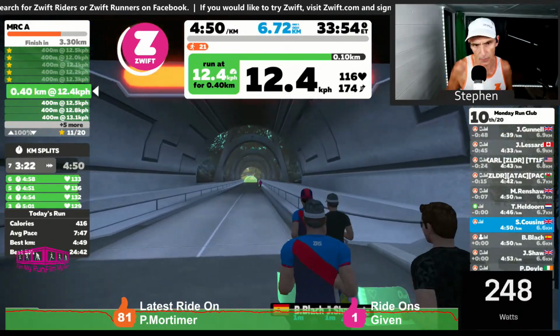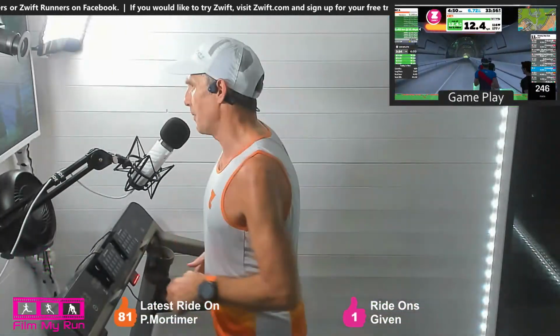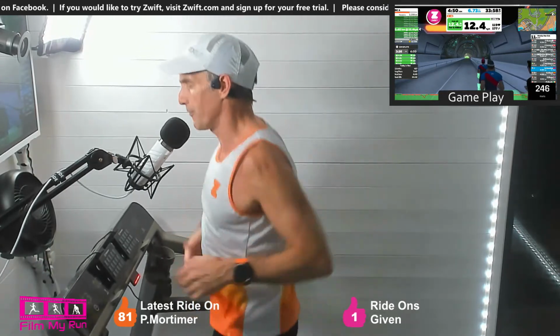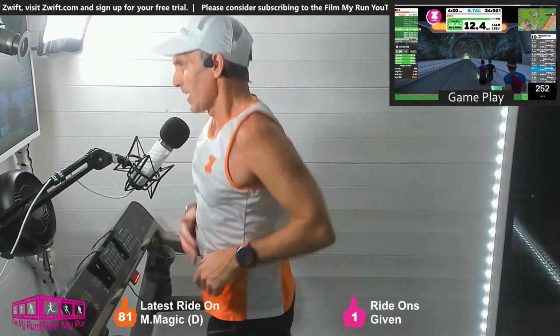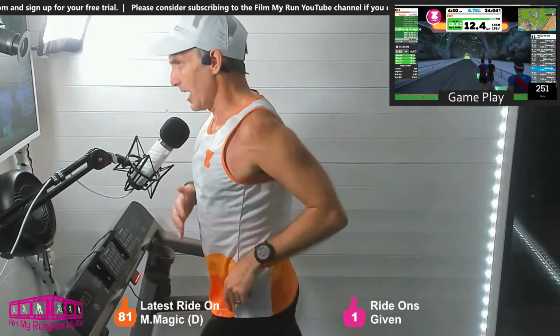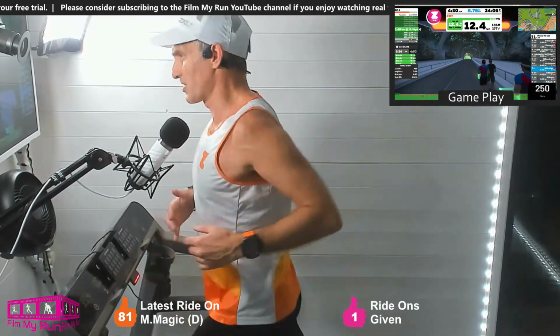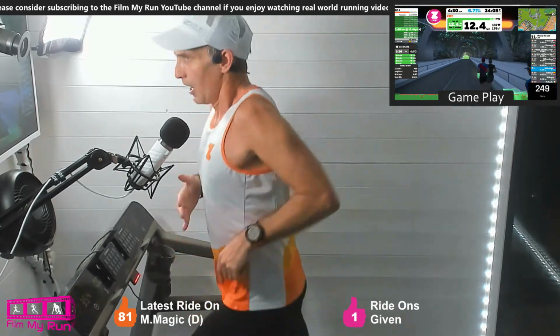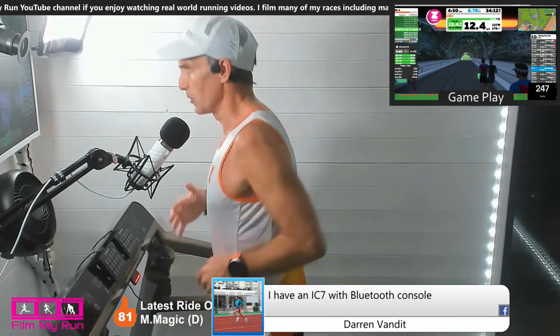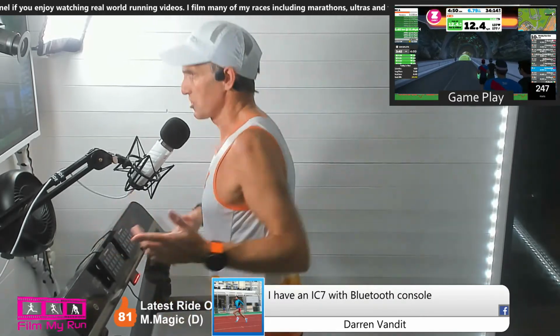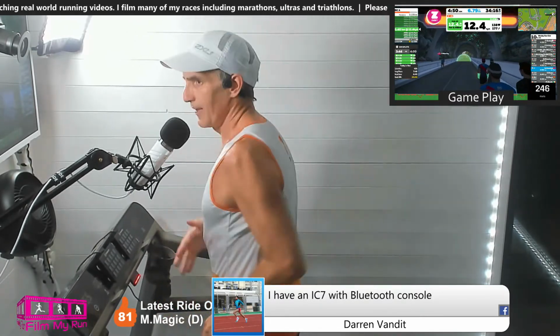As long as you've got something that will get your speed or your power numbers into Zwift, just like running. So you've either got a smart turbo trainer, which sends power to Zwift over Bluetooth, or you've got a speed and cadence sensor for your bike that sends your speed to Zwift. And that's all you need.